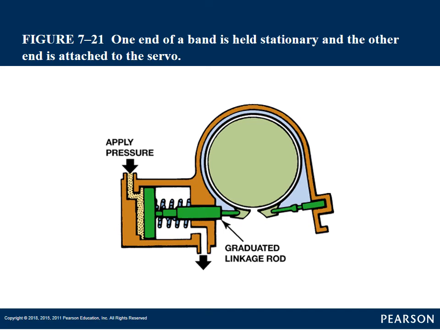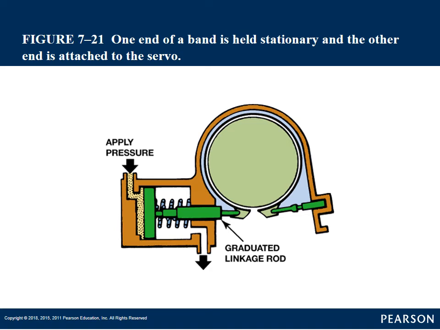Here's an example of this one's not adjustable. The linkage rod, it says graduated. That's a selective apply rod that you could measure and say, no, I need a different size apply rod. In shift kits, a lot of times it's not odd to get into shift kits and they tell you how to modify that rod to get a better shift